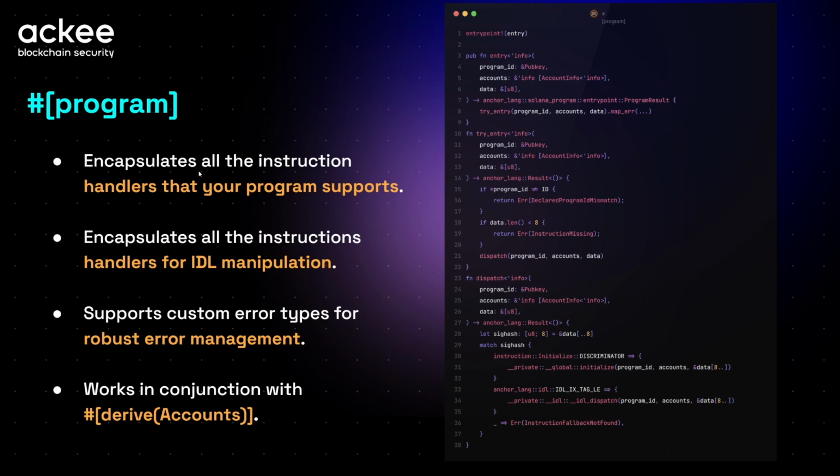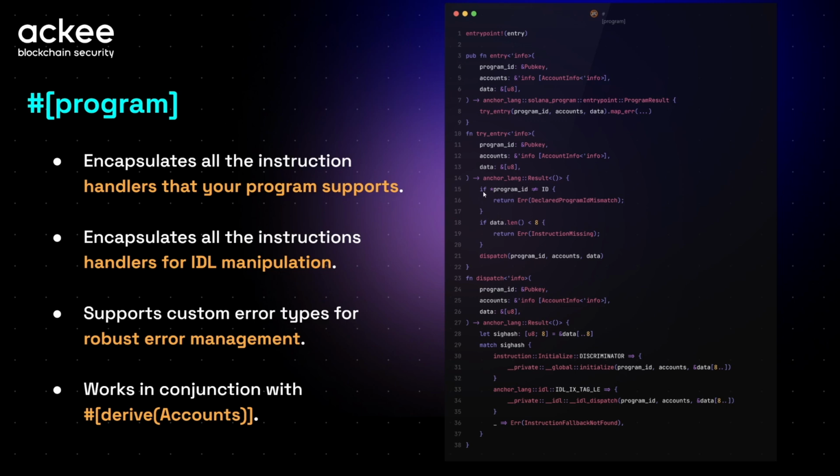So it encapsulates all the instruction handlers. You can see that the logic starting here is almost identical to vanilla Solana. So, the entry point specification, we call the entry function, which expects the same parameters as within vanilla Solana. What starts to be different are these checks, which are again automatically derived by Anchor.